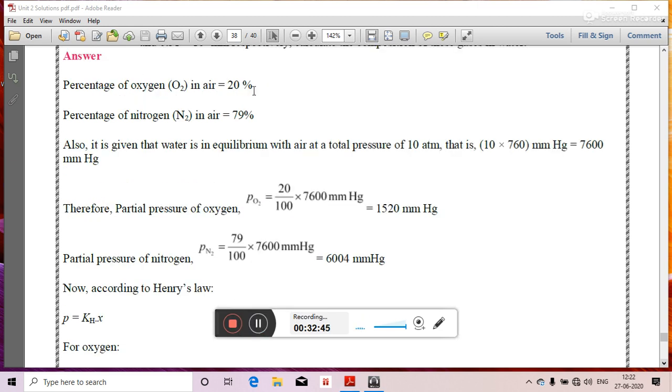Percentage of oxygen in air equal to 20%, percentage of nitrogen in air equal to 79%. Also, it is given that water is in equilibrium with air at a total pressure of 10 atmosphere, that is 10 into 760 millimeter of mercury, that is equal to 7600 millimeter of mercury. Therefore, partial pressure of oxygen equal to percentage of oxygen, that is 20%. So 20 upon 100 into total pressure, that is 7600 mm. So that is equal to